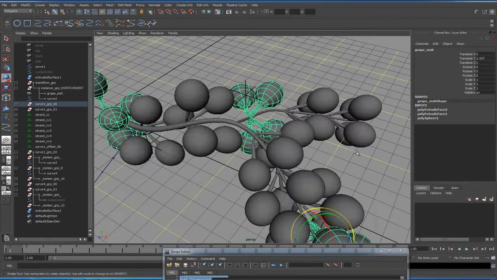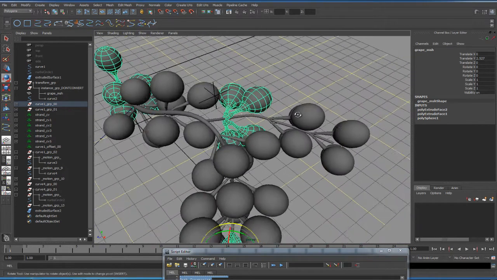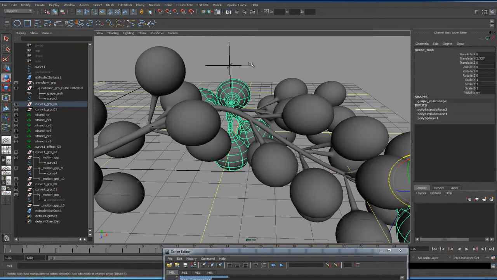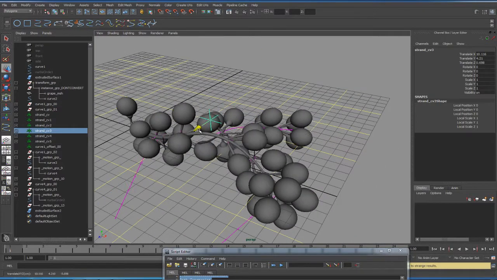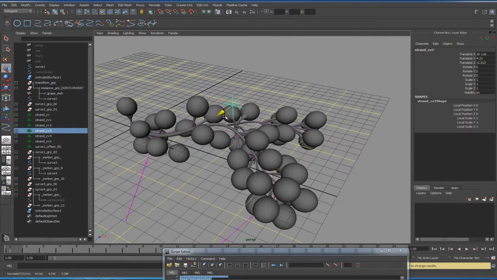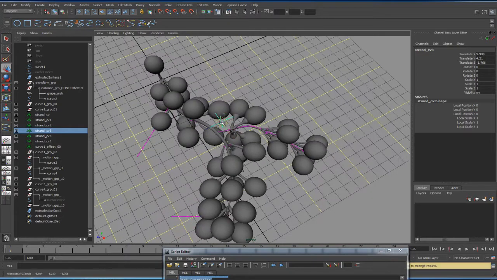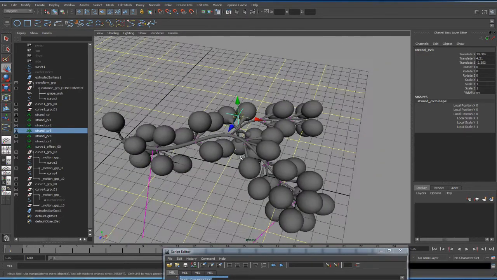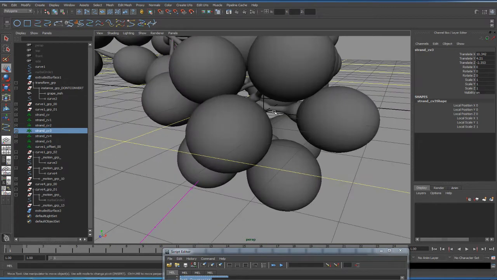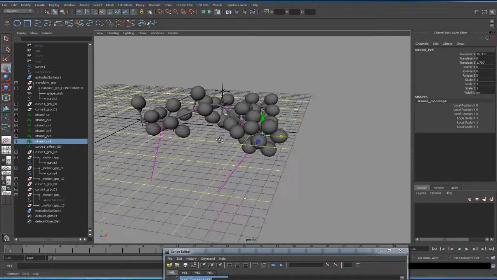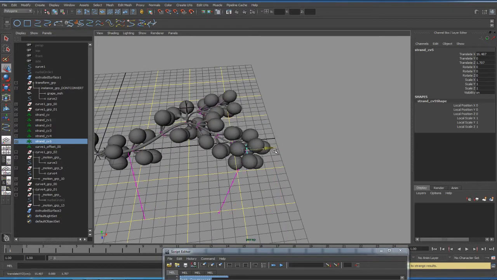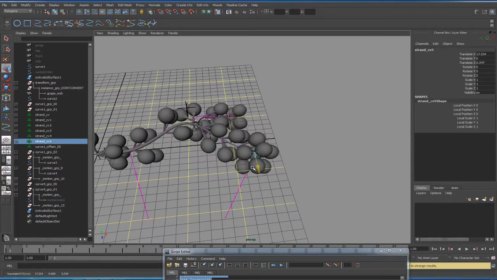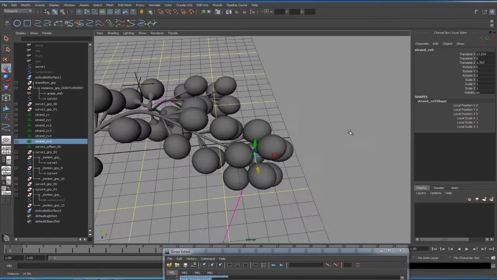And I can go through grabbing, say, these locators here that I've created that are actually attached to the main branch, and I can adjust the entire branch and have some changes on it. Or, here's another locator buried deep in here. Or if I want to change the overall length of the curve, I can pull on that, and everything's going to dynamically change and shift with it. The only thing that isn't